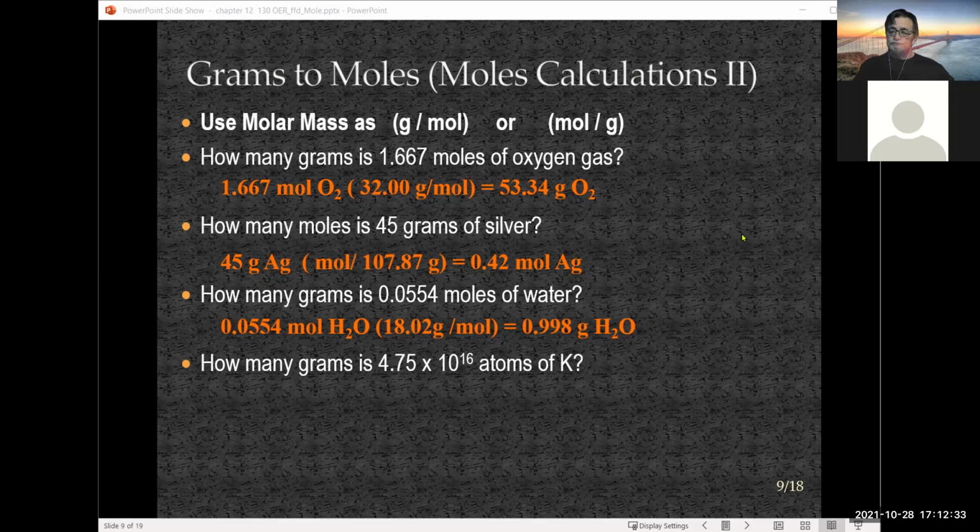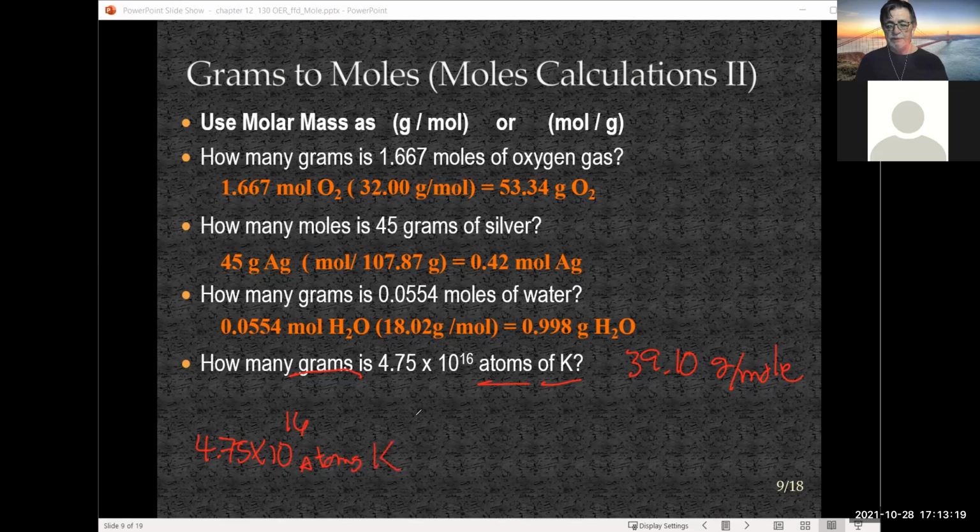All right, now a little extra step. We're asking for grams of potassium. How many grams is 4.75 times 10 to the 16 atoms of potassium? We're going to need the molar mass, 39.10 grams per mole. Now, we're given the number of atoms, 4.75 times 10 to the 16 atoms